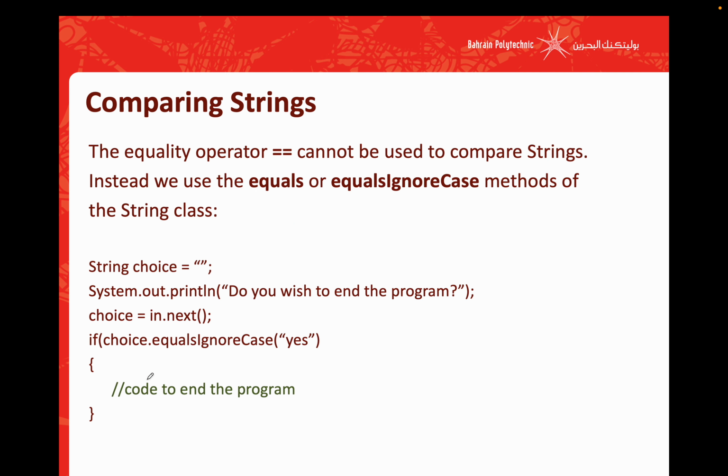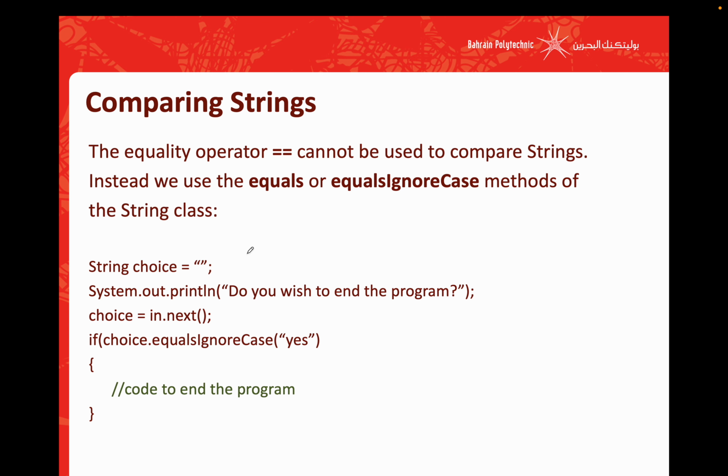Now, so far you've seen conditions for numbers where we're comparing two numbers, but here we have a situation where we want to compare strings, and like we said, strings are nothing but a bunch of characters put together. How can you compare strings? This can be a useful thing when you are comparing username and password. For example, if you're trying to log in, you provide your username and password, and both of them are characters. So in order for you to validate if they're correct or not, you have